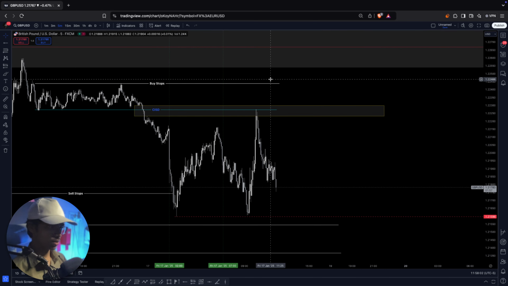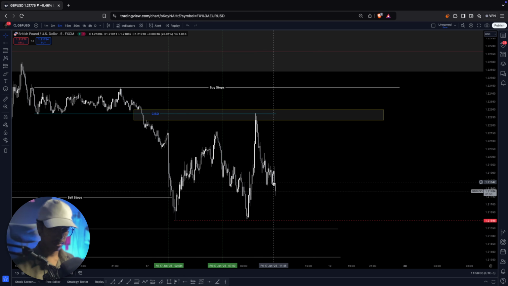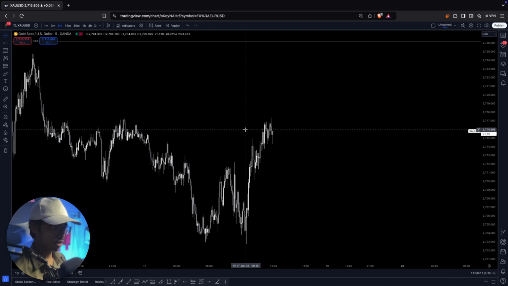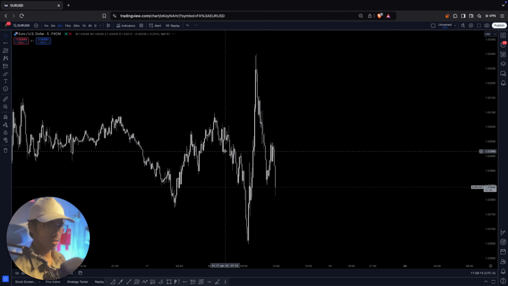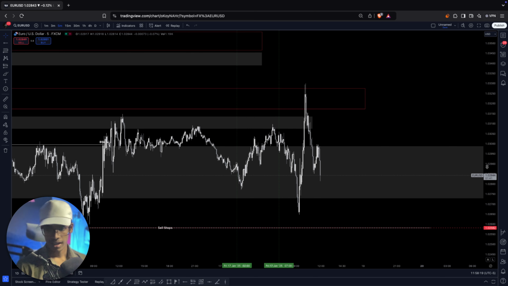Any other thing? Buy stops are not taken. You guys can see, the buy stops are not getting taken on the GBPUSD, but the sell stops are getting taken. Whereas buy stops are getting taken on what? On EURUSD. On EURUSD, buy stops are being taken, but the sell stops are not taken. It means what? GBPUSD has a larger move downwards.